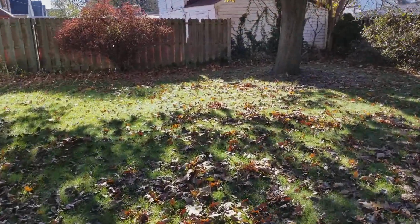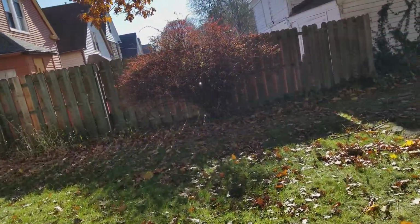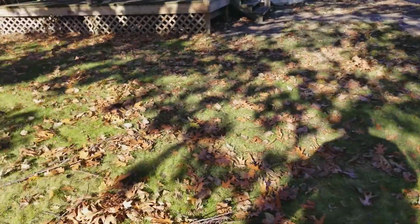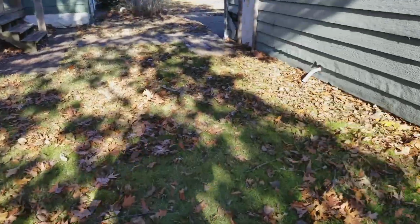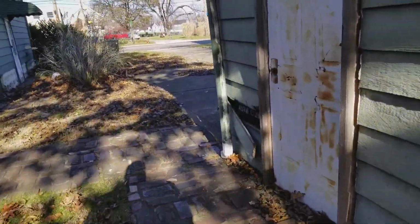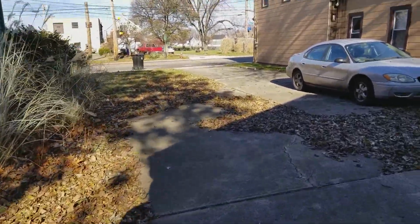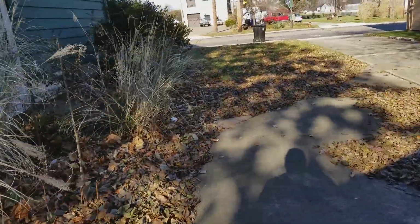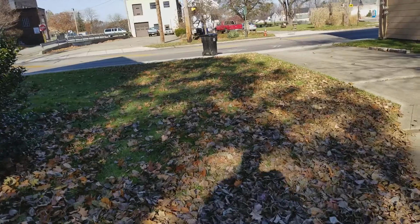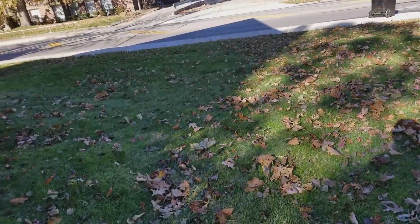There's some things to do, obviously, with any property in this price range. But I think for the neighborhood, for the amenities, and for the things that come along with it, I think it's a really good deal. Sometimes really good deals do come up through the MLS or through means that people don't necessarily seek out. First things first,